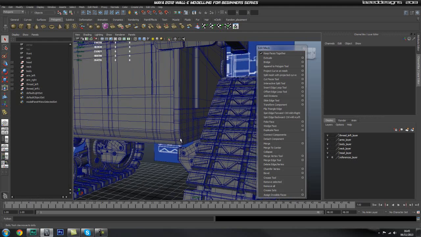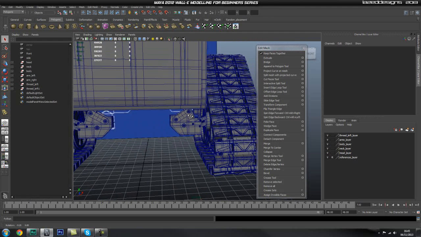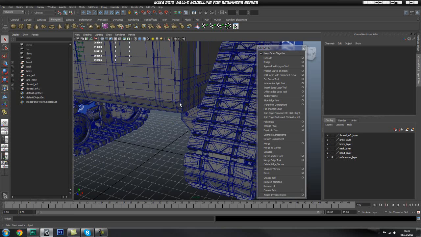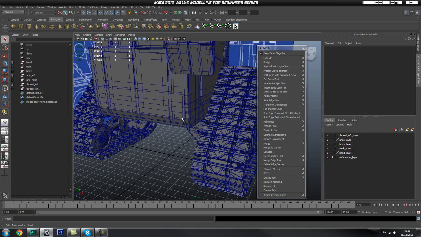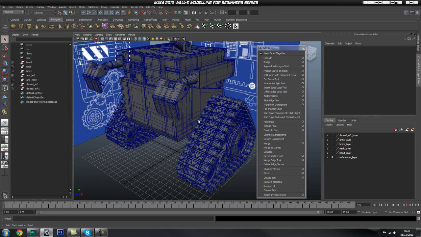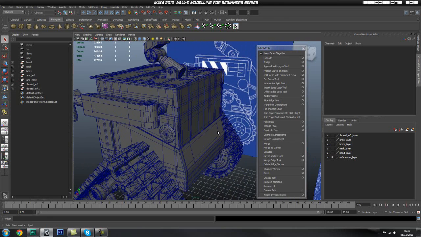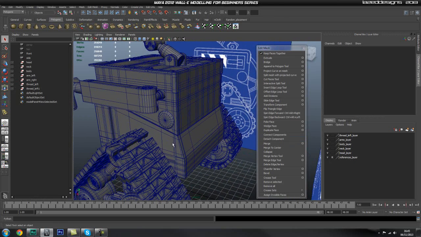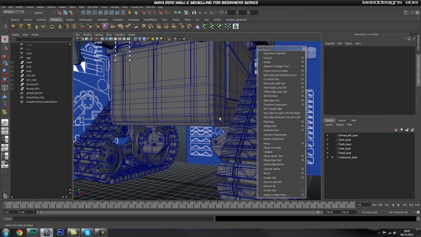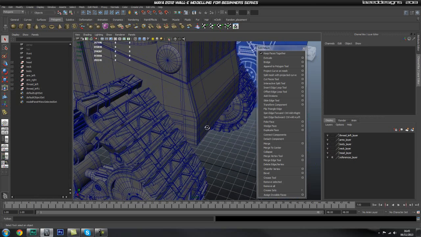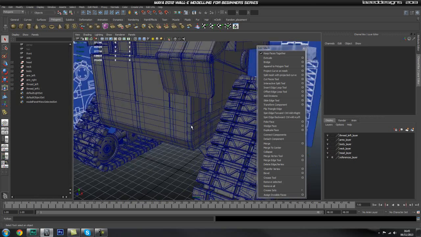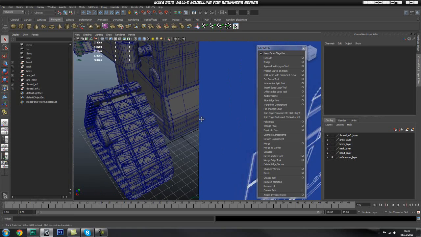Hey guys, welcome back. So in this part, I think we're going to go ahead and finish a couple of details on the body, because I don't want to get into the back until the next part. There are a couple of these little pieces on the front and on the back as well. So we're going to go ahead and try to squeeze in the front pieces, and then in the next part